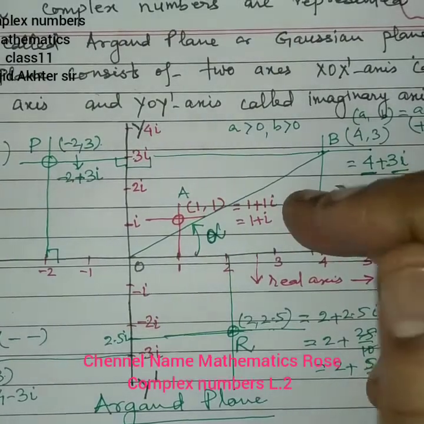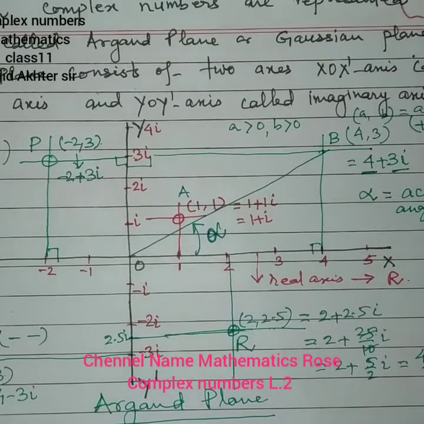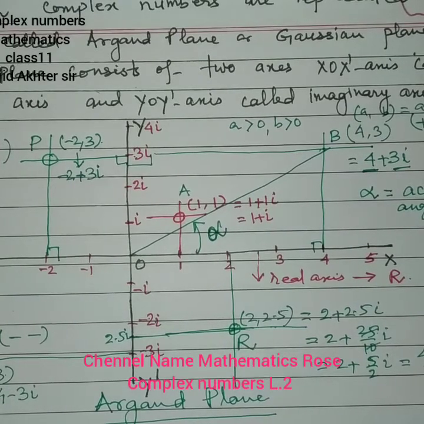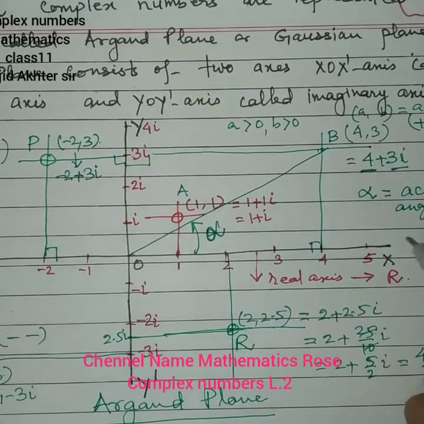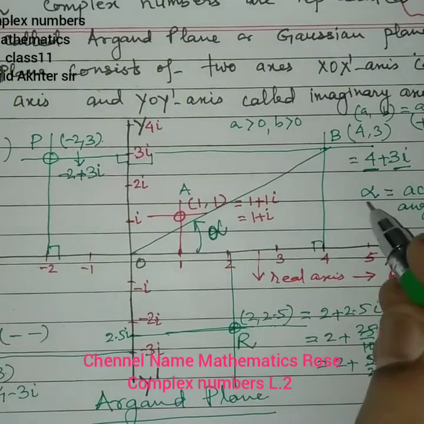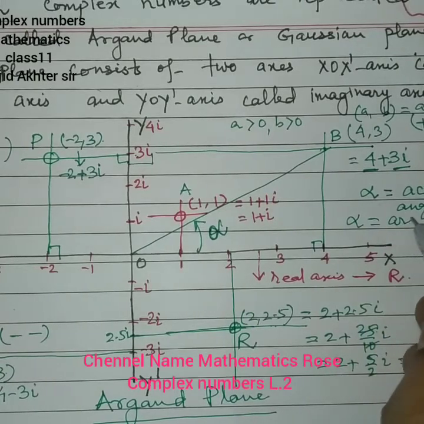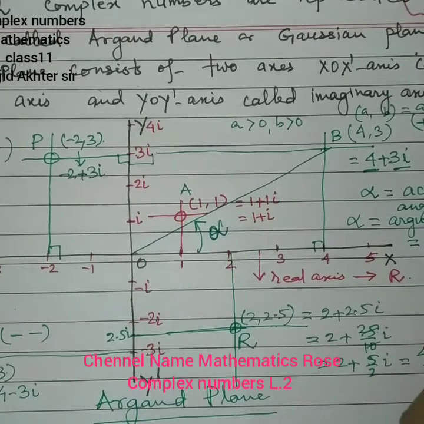acute angle होगा, because it lies in which quadrant? First quadrant. So in the first quadrant, if the complex number lies, then the argument is always an acute angle. Argument जो होगा वो acute angle होगा. So here I have just taken alpha as argument, जो होगा किस तरह का एंगल होगा? एक्यूट